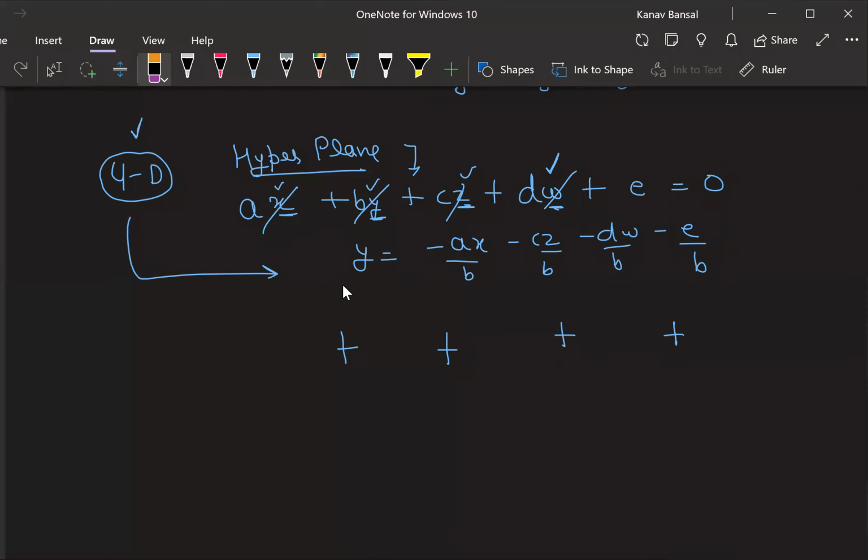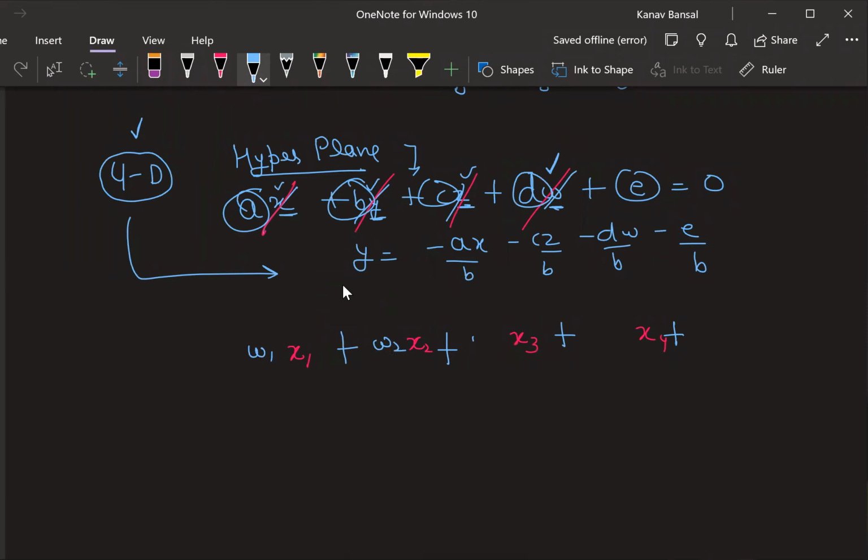So what we basically do is, we want the general equation of a line in four dimensions or any dimension. So x, y, z, and these terms, right? These terms are written by these values: x1, x2, x3, x4. Not w's, right? W is written instead of a, b, c, d, e, the constants. Instead of these, we write w. So we'll write w1 here, w2 here, w3 here, w4 here, and the final thing we'll write is w naught, right?